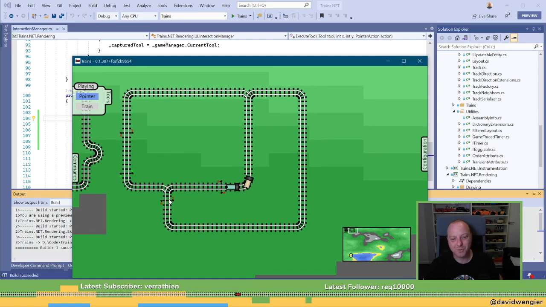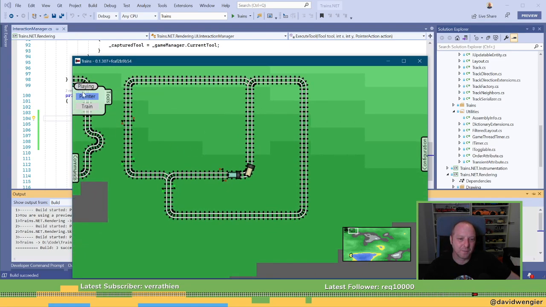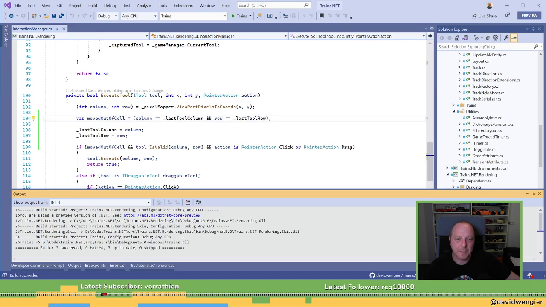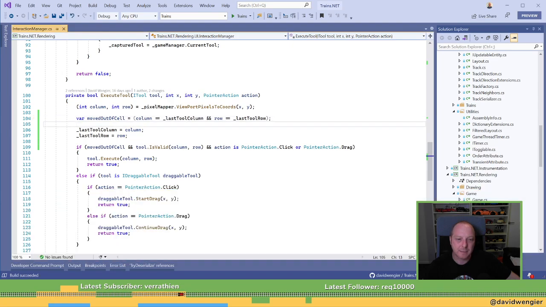But I think that's the point of doing it on drag, maybe? No, okay, it's definitely not working. I move out of the cell with that. What am I missing here? It's got to be obvious.